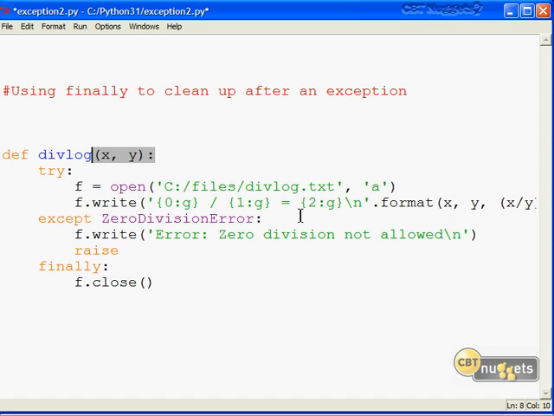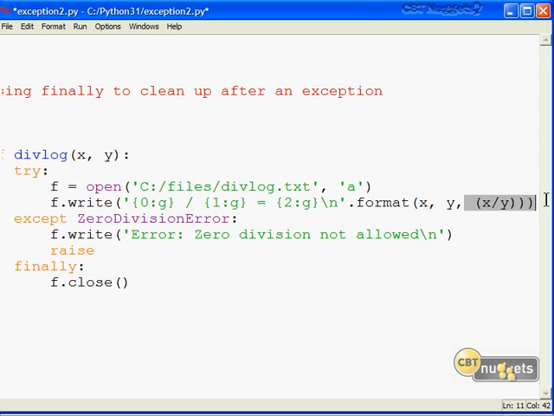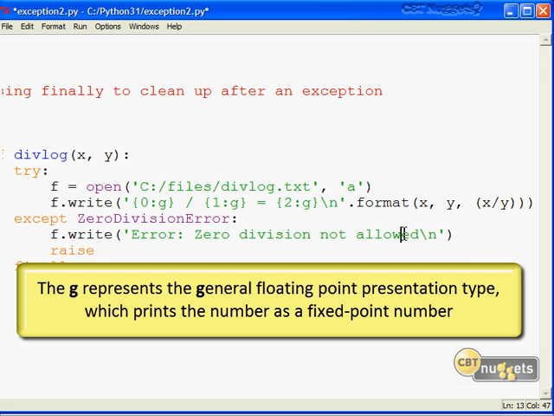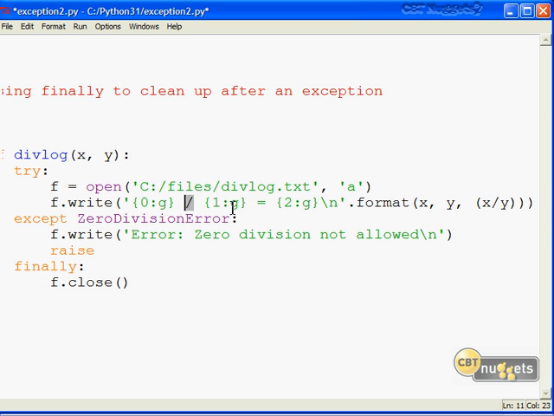passed into divlog. Now you should remember the format method and the Python 3 style string formatting, where in the braces we can use positional numbers 0, 1, 2, and then as arguments to the string format method, we can substitute, in this case, x, and then we're doing a / to denote division, y equals, and then the result is going to be the third element here, x/y, which means x divided by y. And the newline, of course, gives us a carriage return, so that as we run the divlog function multiple times,